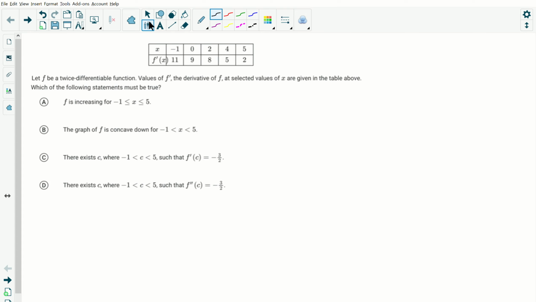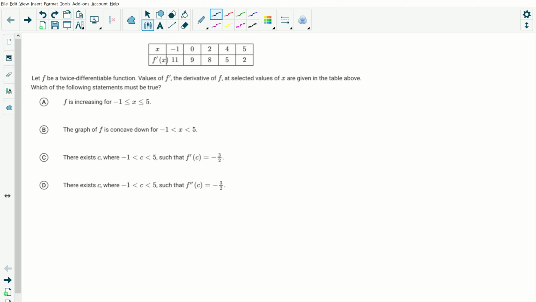It says, let f be a twice differentiable function. Values of f prime, the derivative of f, at selected values are given in the table above. Which of the following statements must be true? The first thing I want to notice is that we're given values of f prime, which is to say that these values here are the slope of the function f. I observe that all of these slope values are positive, and that indicates to me that the function appears